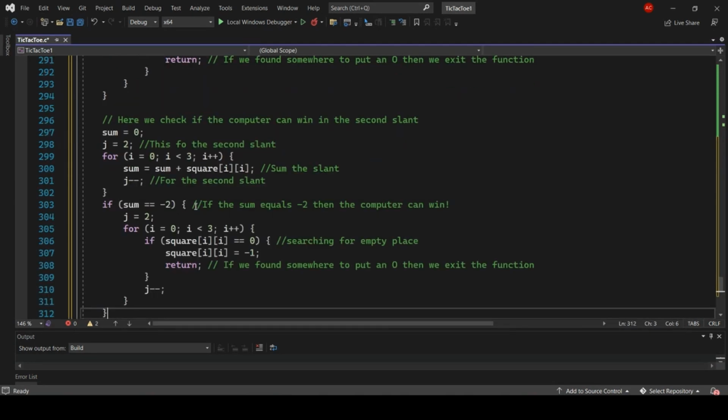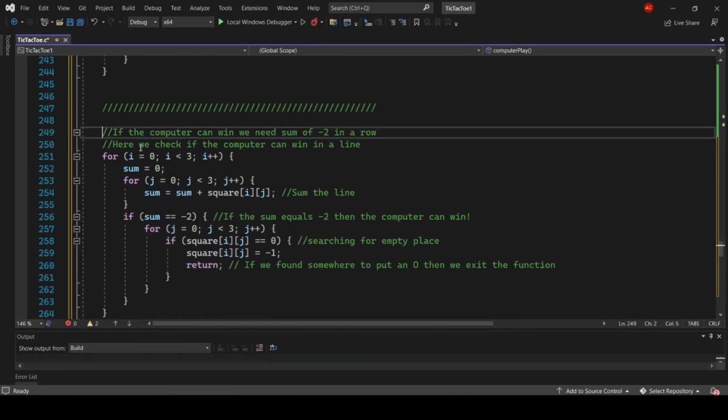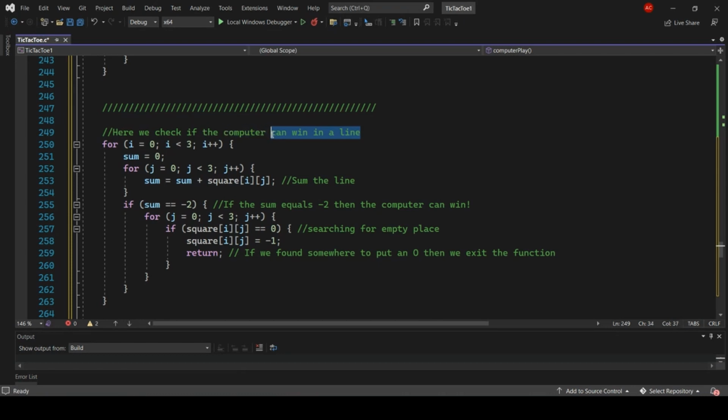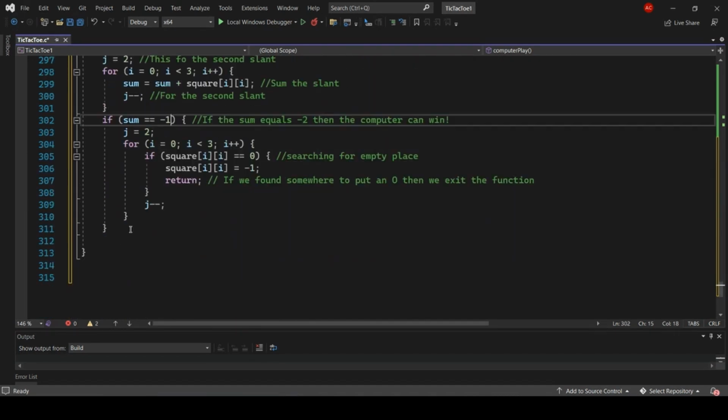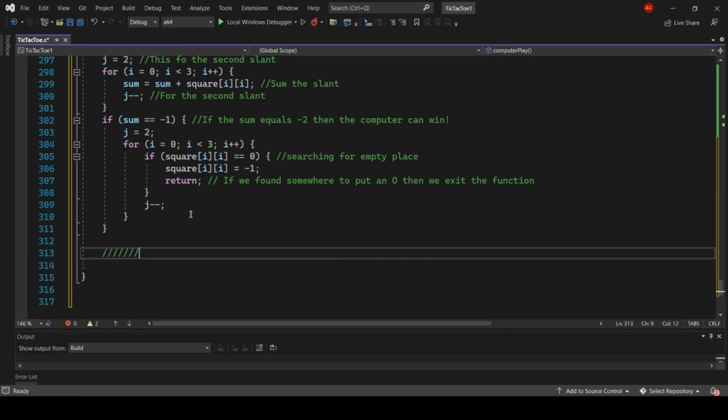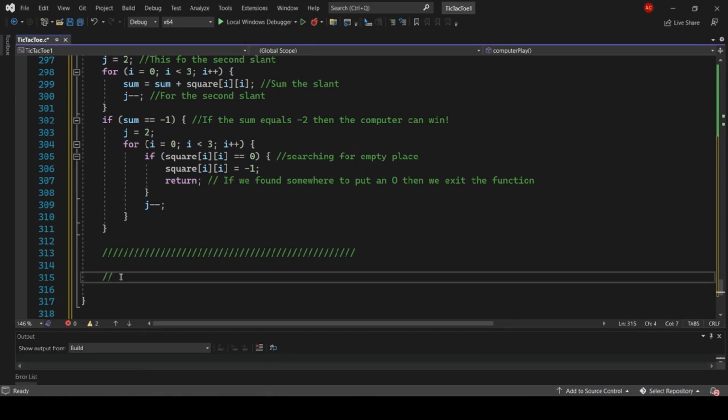And now we will copy again, and check if there is one O in the row. If we did not find a good option, we simply choose an empty square.